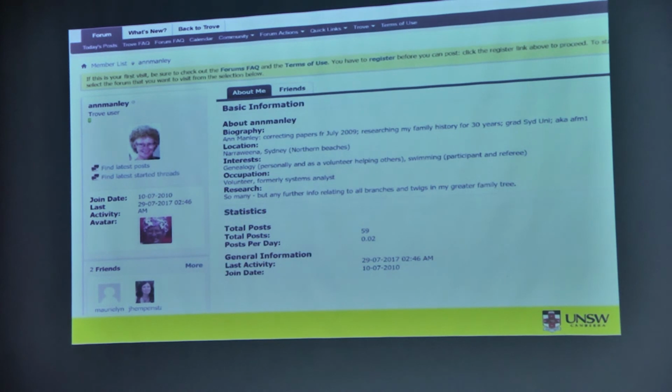This slide shows the same user in the Trove forum. Users can share as much information as they like about themselves and communicate with the project team or with each other. Initially, we did not build any communication mechanism into the service, and we emailed users directly when they contacted us. However, in the early days, before we understood how much the users wanted to talk to each other, we observed a very strange activity in the comments. Users were trying to connect with each other by leaving comments with their phone numbers and emails in articles that were heavily corrected by many users so that many people would see.